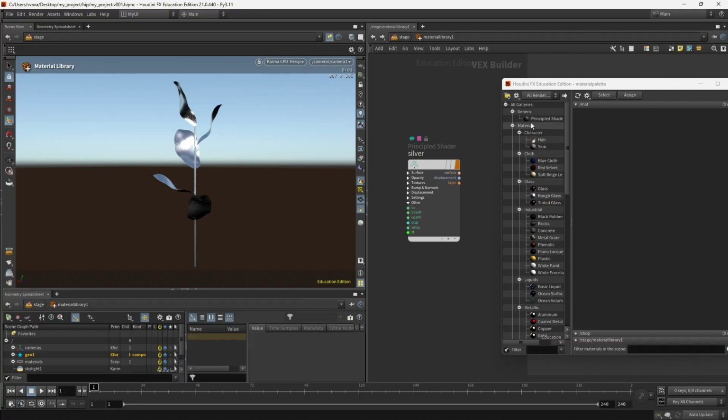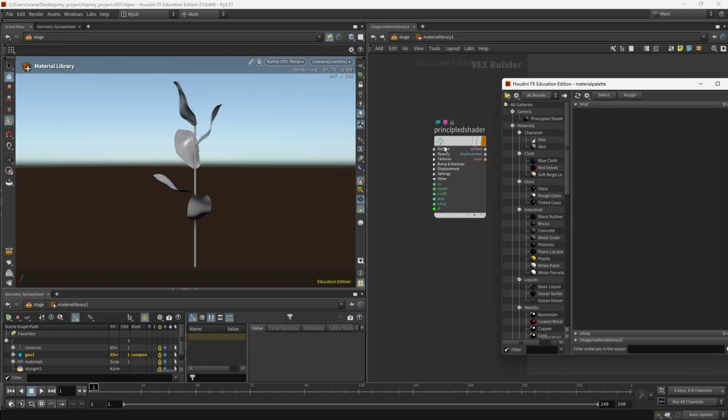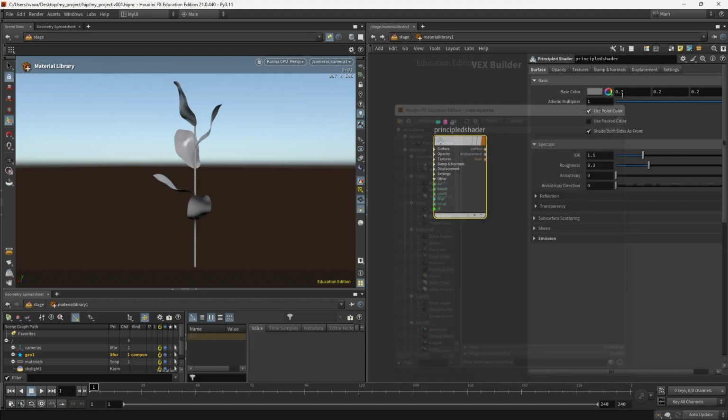But finally, I'm just going to go with a principal shader. So let's give the branch some green color.